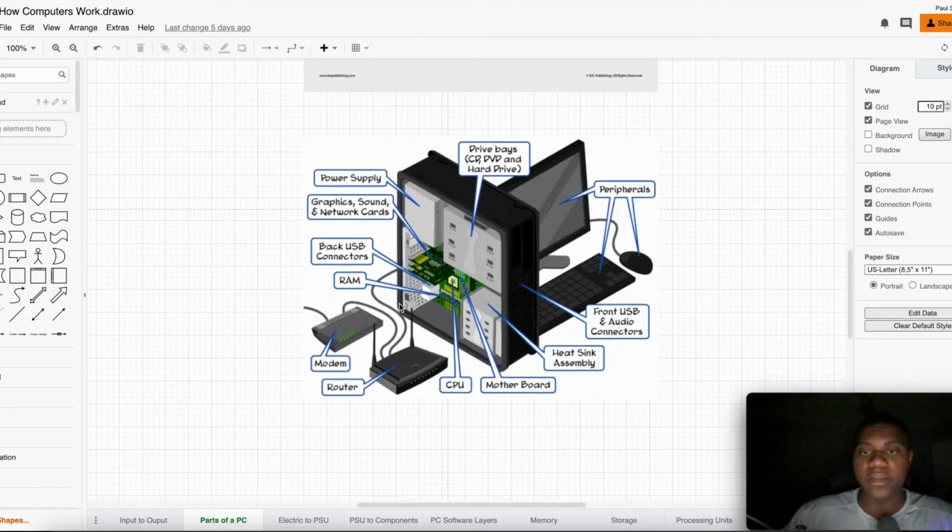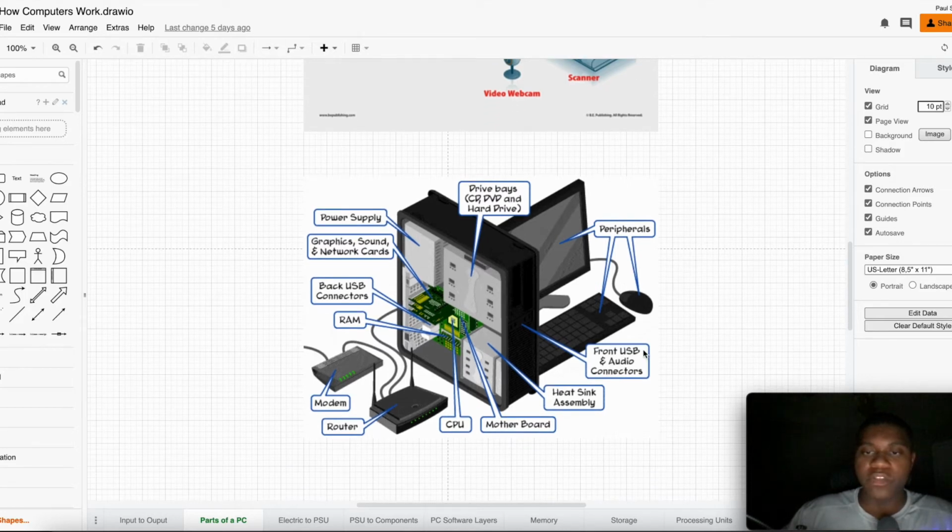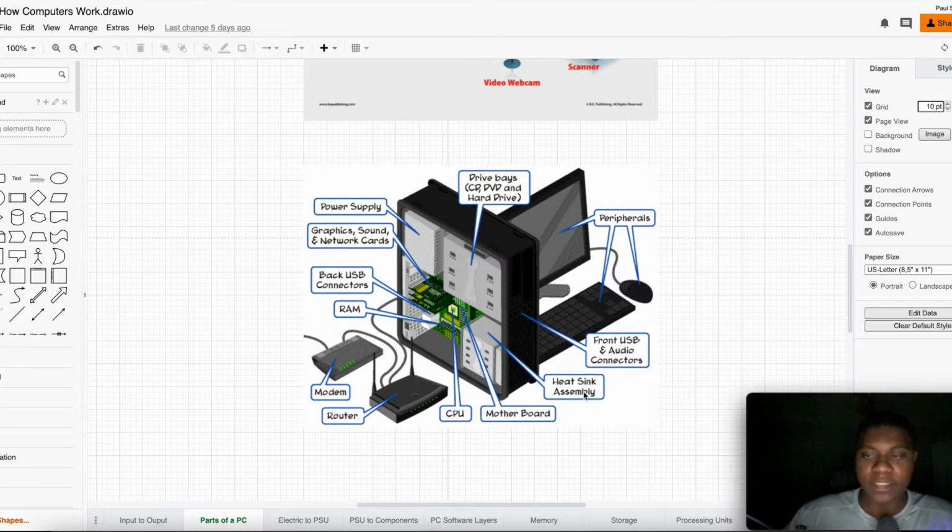If we go down here, we see that the keyboard, the mouse, and the monitor are also called peripherals because it's what you interact with, it's what you see, and sometimes it's in your peripheral vision. You have the front USB for connecting stuff to your computer, like phones, headphones, and mics, audio connectors for audio, like headphones or mics, and a heat sink assembly, which is pretty much a fan or a cooler for your CPU